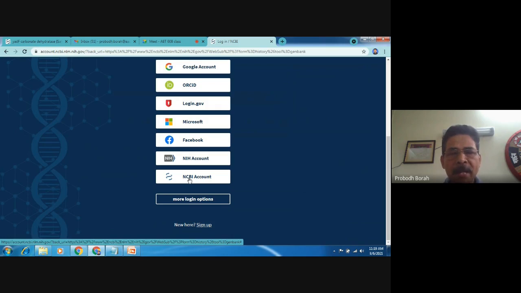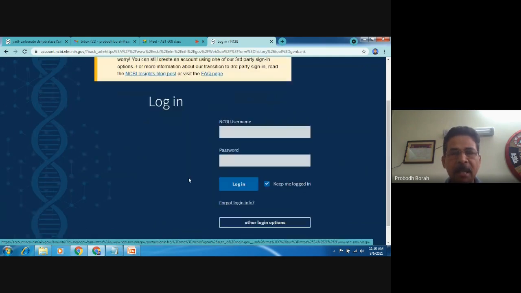Because when you open the account, not only can you submit, but also in future you can see the submitted records, their status of verification, upload to the NCBI database. And in case you want to have a modification or editing later on, that can also be done with the help of the sequence information that will be made available to your account in NCBI.